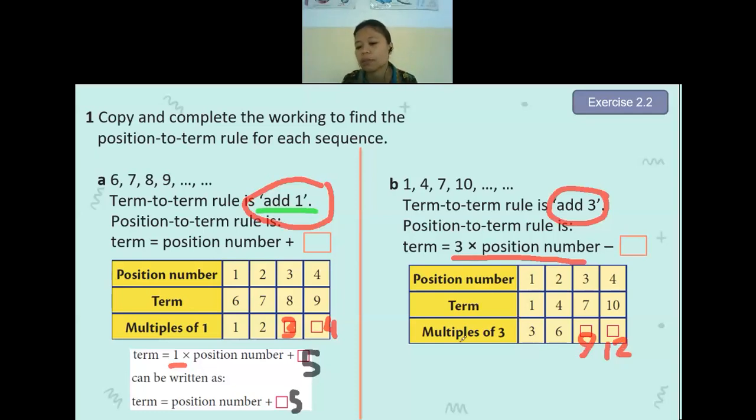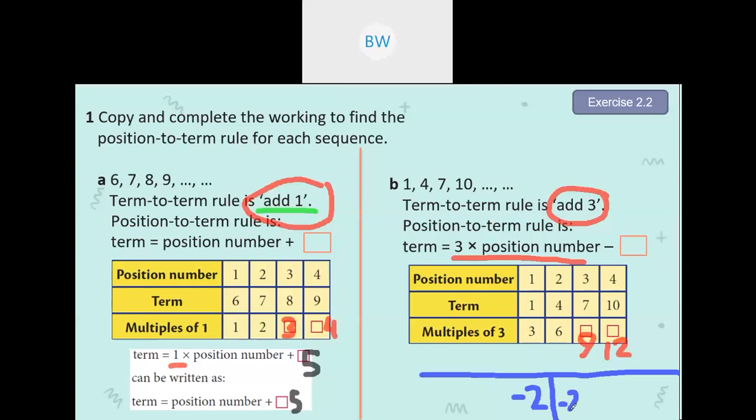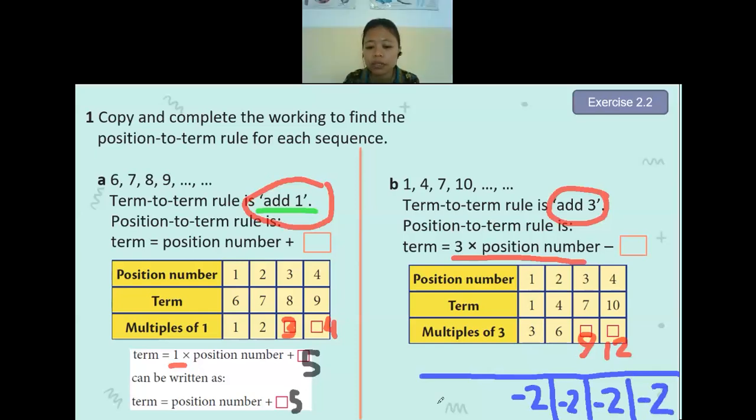After we find these numbers, the third thing we have to do is find the difference between the term and the multiple. To make it easier, just subtract the term and the multiple. 1 minus 3 equals how many? -2. So this will be -2 for the difference, and then for 4 and 6 the difference will be how many? -2 also. Okay, 7 and 9, the difference is -2. Then from 10 to 12, how many is the difference? -2. Okay, so all the differences are constant, right?